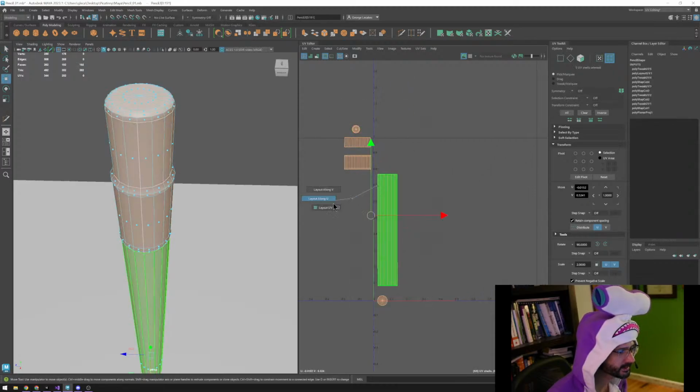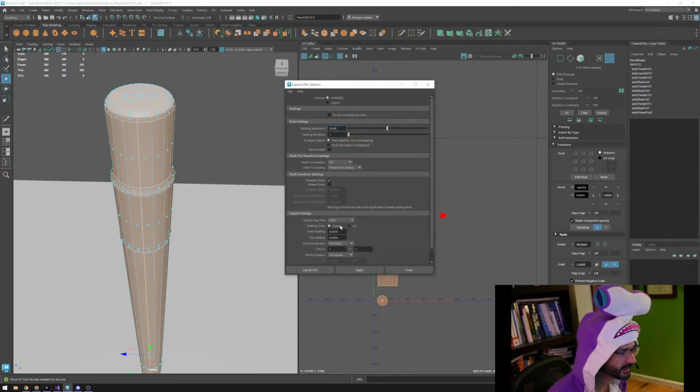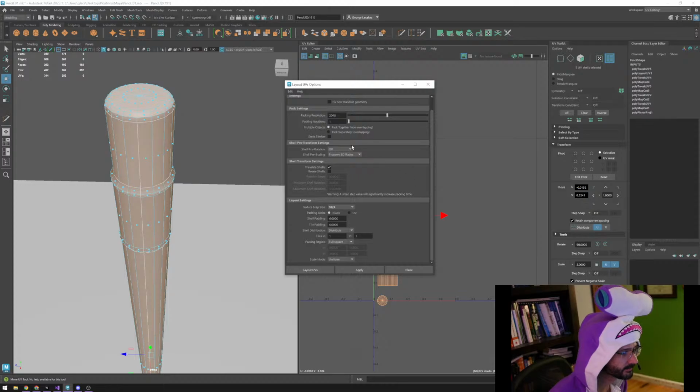Shift right click, layout, UV layout, and then we are going to do 1024, which is probably plenty of pixels for what we're dealing with. Pre-shell rotation is off, preserve 3D ratio is on. We will allow translation of the shells. I'm not going to rotate them, so I keep things nice and vertical. I'm not going to do the full square. Let's instead do the,